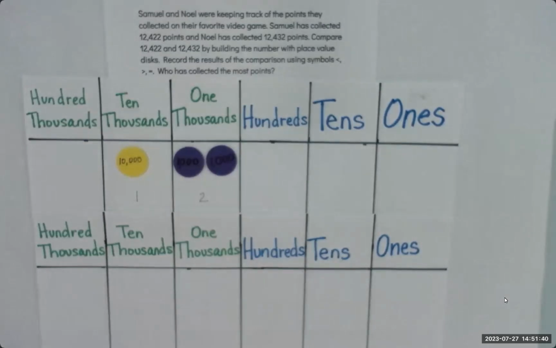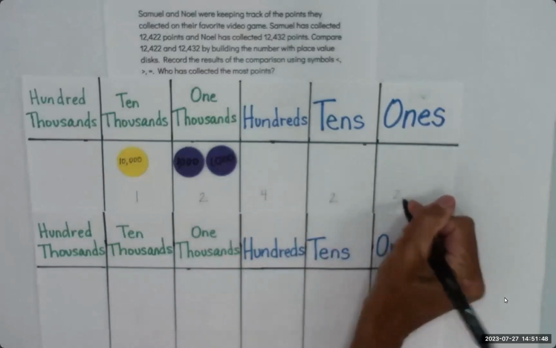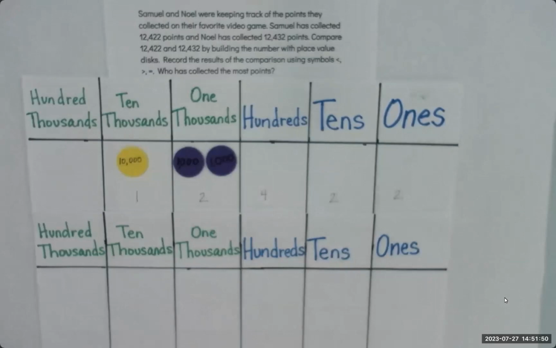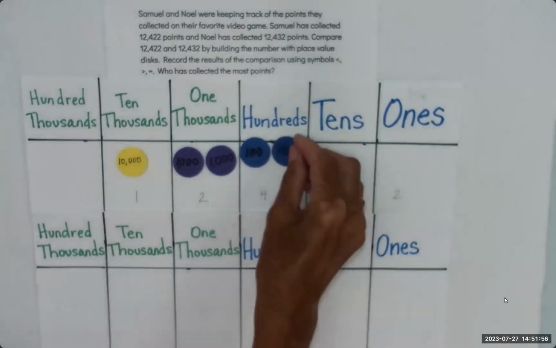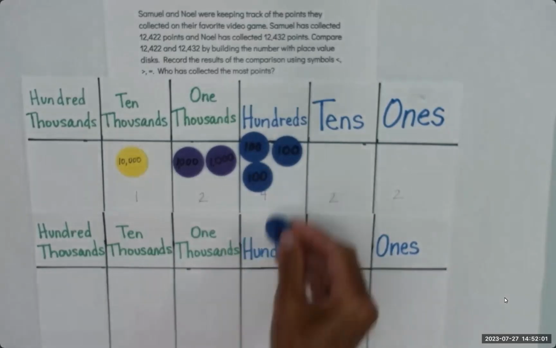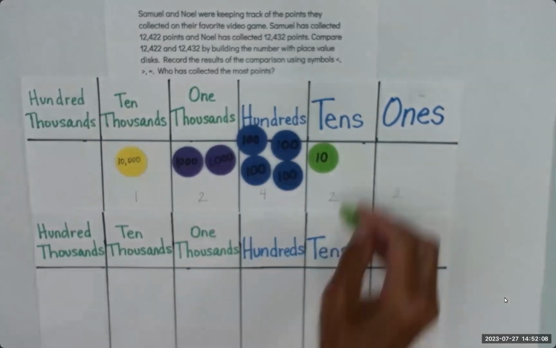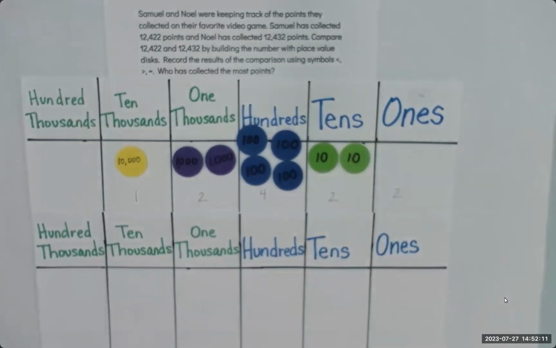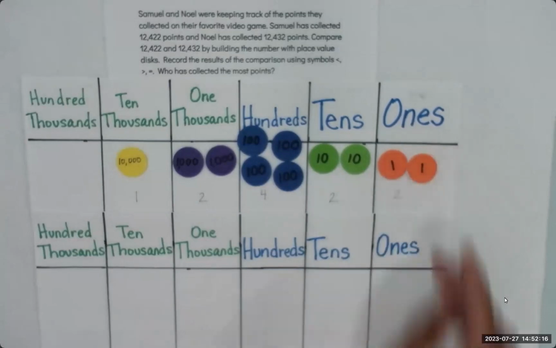All right, and the rest of this multi-digit number is 422. So there are 4 hundreds, or 400, two tens, or 20, and two ones. All right, so I can see the value of each digit in this number,